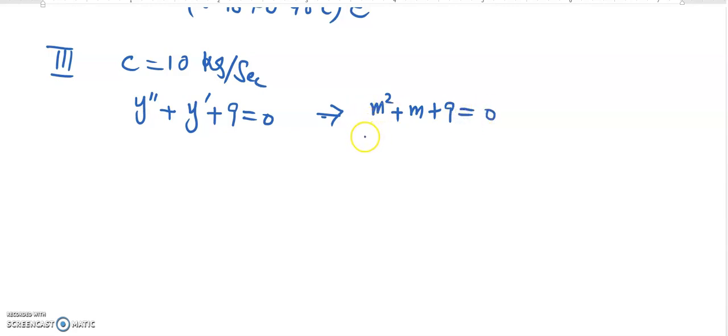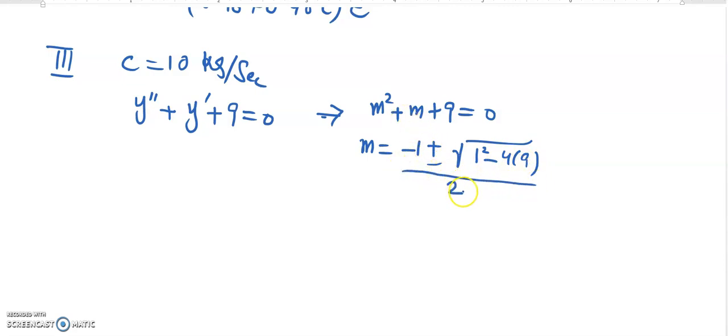So in this case, m will be, from the quadratic formula, minus 1 plus minus the square root of 1 square minus 4 times 9, which is 36, over 2. So it is minus 0.5 plus minus